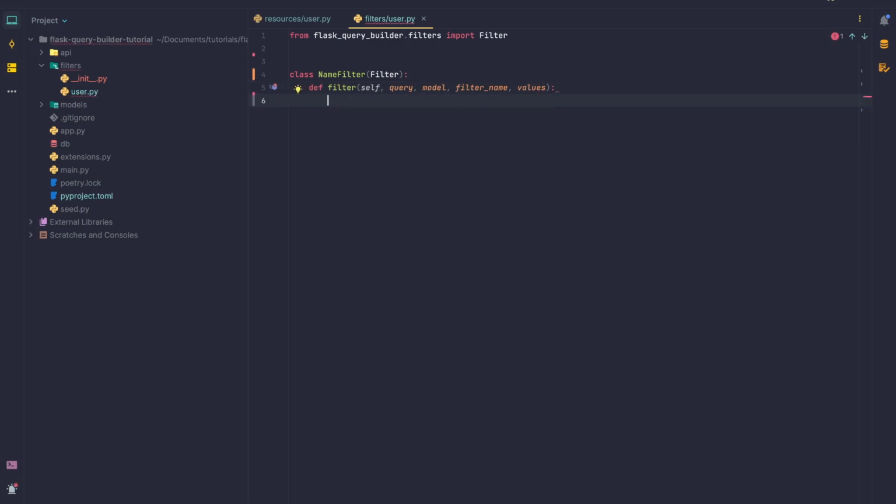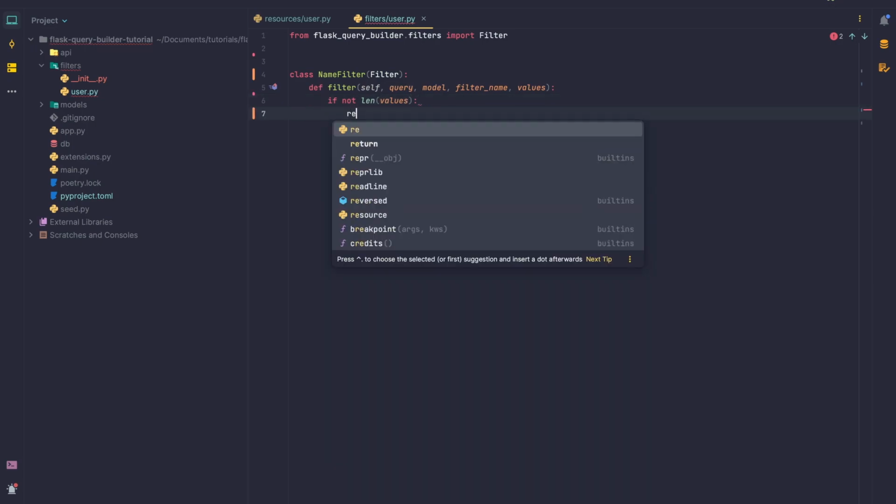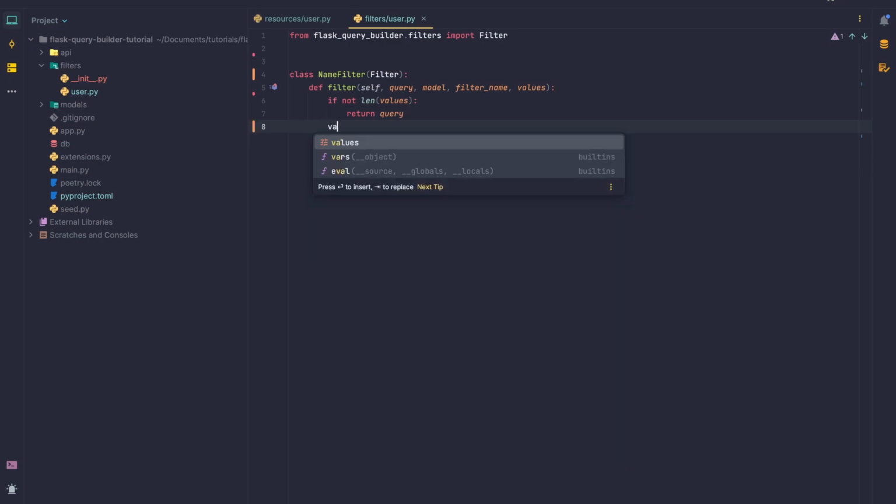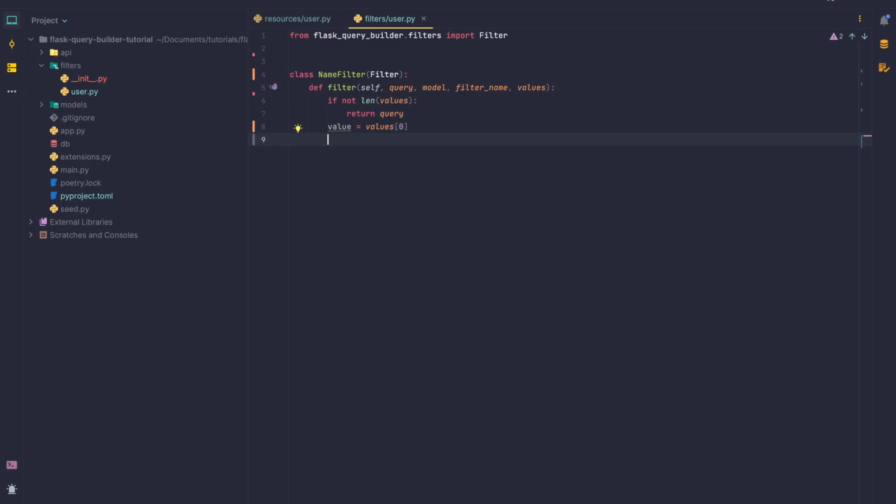So for this one, for example, I'm going to say if there is no length in the values, so essentially if no values were passed, just return the query as it was passed. Otherwise, we want to do something with it. Because I only want to accept one value, I'm going to say value is equal to values, and I'm going to get the first value. And here I'm going to return a new query. So I'm going to say return query dot filter,